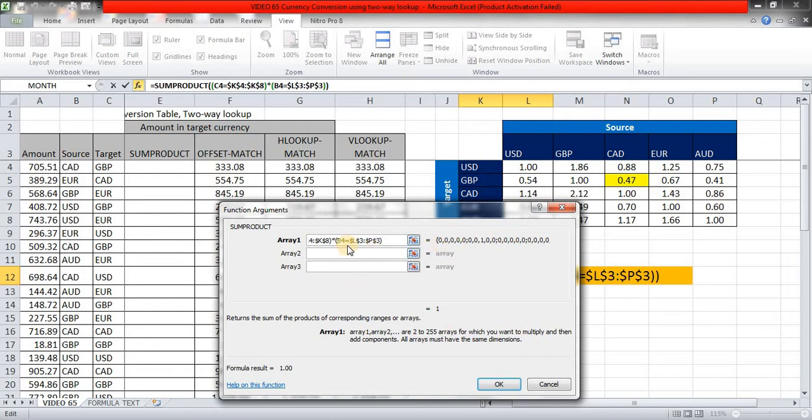Now remember, in SUMPRODUCT, whenever you get these zeros and ones, please be very sure that you are on the right track. Because if you are getting TRUE and FALSE as a result in these conditions, then you have to either prefix it with a double negative or multiply it by 1 to convert those TRUEs and FALSEs into ones and zeros. But as such there is no need here, because we have used this asterisk in between these two conditions, and my array 2 is going to be